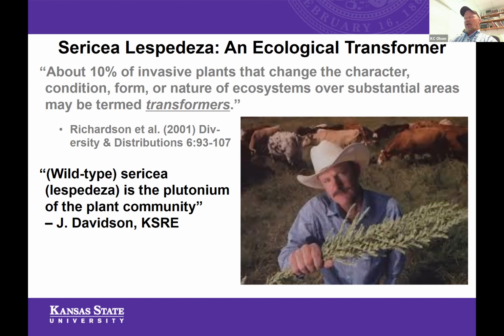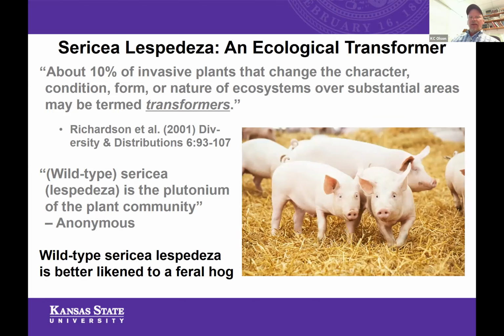And we got to looking into that a little bit more. And even though the Sericea that we have here in the Flint Hills and the Osage Hills is genetically the same as the cultivated variety of Sericea lespedeza, it has some different characteristics that have manifested since it got out of its intended boundaries. I think a better way to think about Sericea lespedeza is to compare it to a feral hog. So those cute little white pigs you see on the screen there,